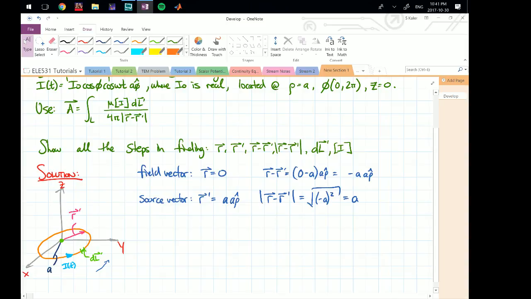Moving on, what do we have? We have dl, so the differential line element, or the differential element dl, as you can see it's drawn in light green on the actual diagram here. And basically the differential element is saying we have this loop, this orange loop, this finitely long orange loop, and what I want to do is I want to find an infinitesimal current element. Now infinitesimal is just a fancy way of saying very small. So I want to find a very small element, little chunk, imagine, of this loop,